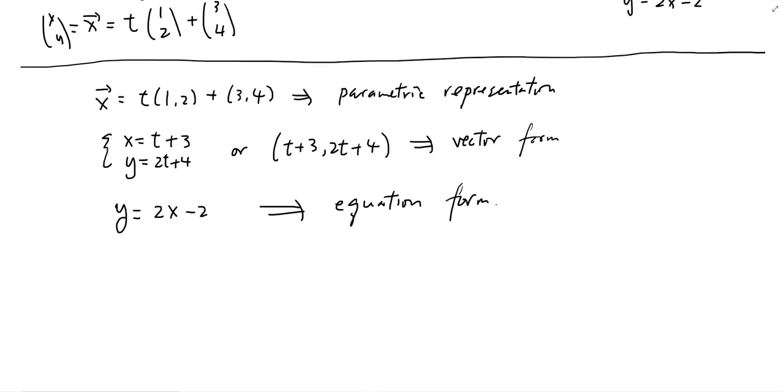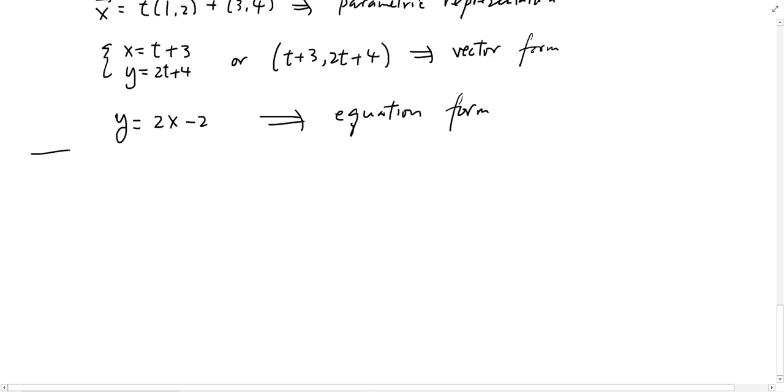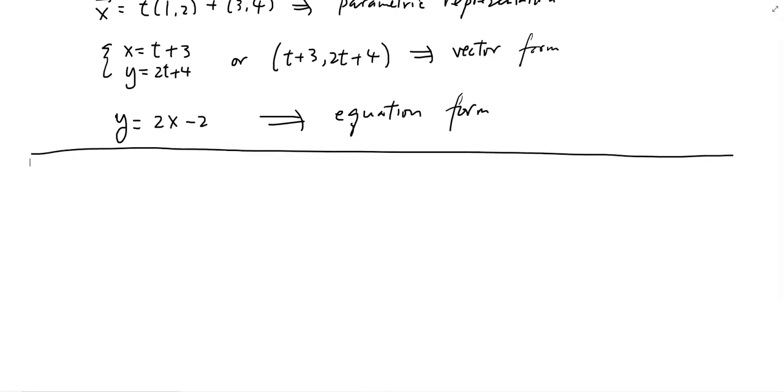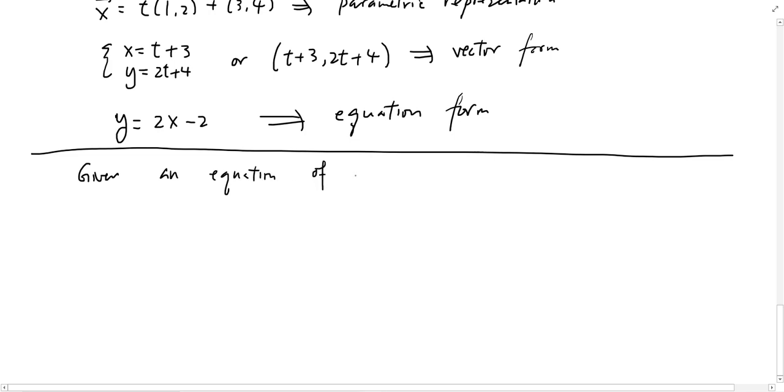If you think about it, the parametric form and the equation form are actually quite similar, because you can think of the slope as being like the direction vector, and the y-intercept as the point on the line. Now, however, there is something very important about parametric form that I want to make you aware of. To illustrate that, I'm going to show you a very simple example. Suppose we're given an equation of a line, how do we rewrite it